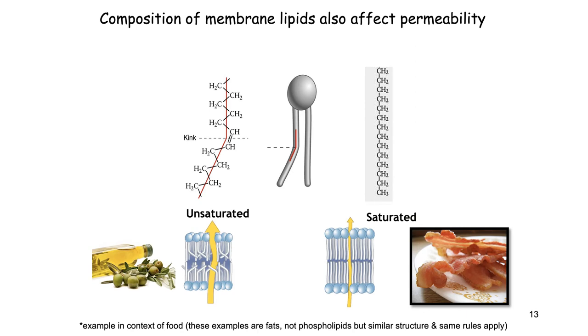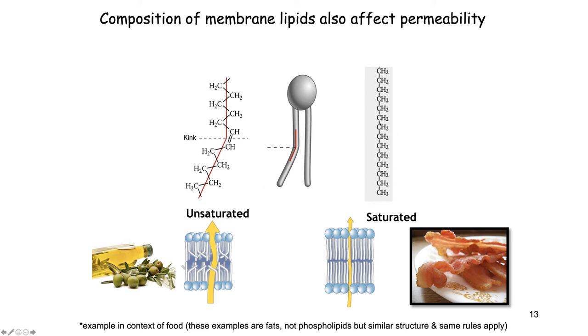So beyond just the individual membranes themselves, the composition of the membrane, or the lipids that make up a membrane, also affect permeability. You can have unsaturated fatty acids or saturated fatty acids that make up a membrane. When you have these unsaturated fatty acid tails on the molecules that make up a cell membrane, you can see that you get all these little kinks in here. And what those kinks do is they create more space. And basically, it's easier for things to move through a cell membrane that's made up of unsaturated fatty acids,